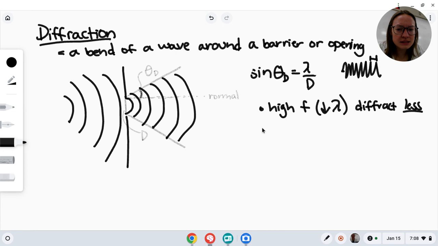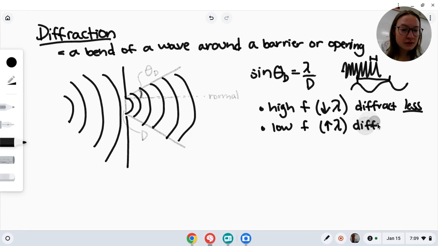Low frequency sounds, which, by the way, look way more like this. Check one of these wavelengths. It's enormous. A low frequency sound where you're seeing few waves per second, so those waves are way spread out. You've got a nice big wavelength. They naturally diffract more because they have to bend a lot to get through the opening.